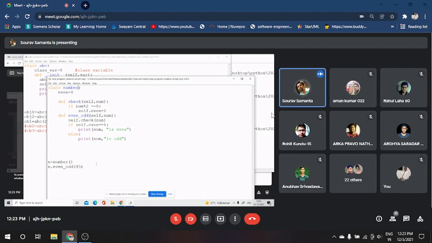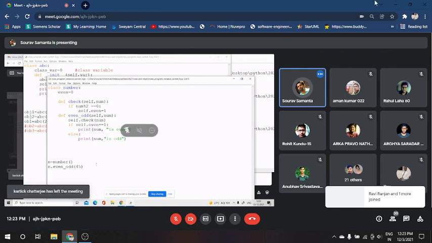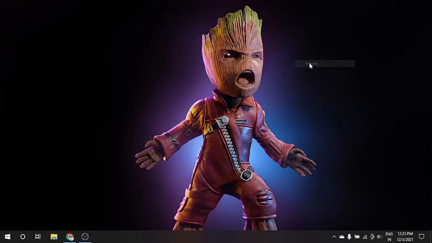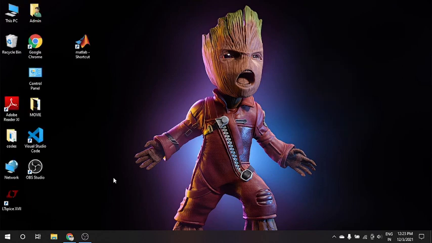The name of the object is number, and now we'll assign some value to the number object. And secondly, we have to check whether the input is odd or even. Based on that, we'll modify the value of the variable. Initially, we will set even equal to 0.